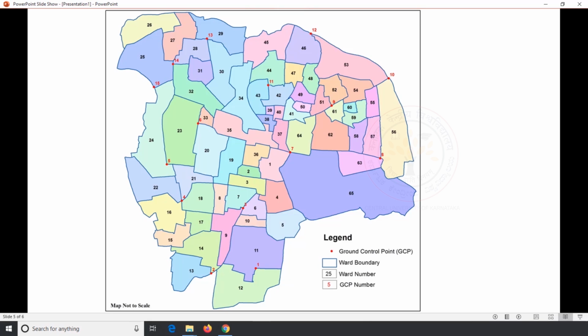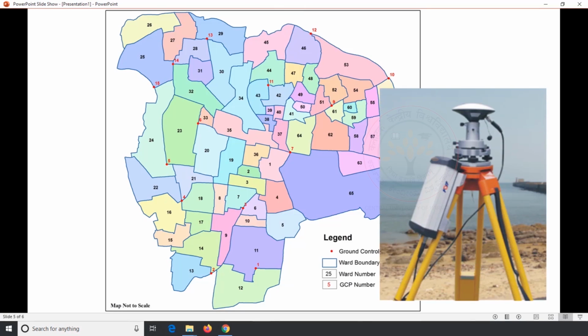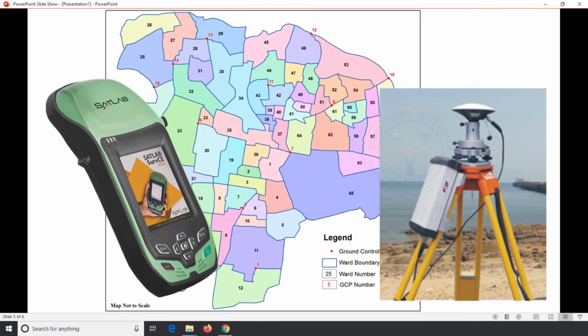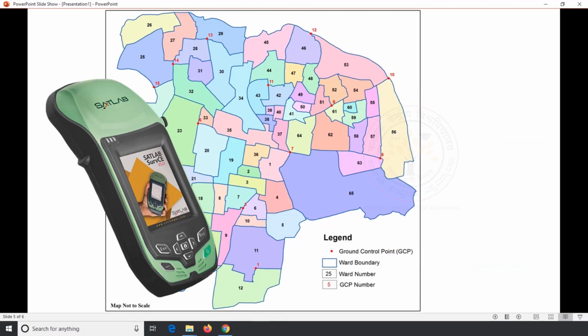It is important to understand that the boundary we see on the map will not be present on the ground. Hence, it is necessary to go with a person who knows these boundaries well on the ground. In this case, the locations were identified with the help of revenue bill collectors who are very familiar with the boundaries of wards. Once the locations were identified on the ground, latitude and longitude information can be collected using GNSS receivers. GNSS stands for Global Navigation Satellite System.